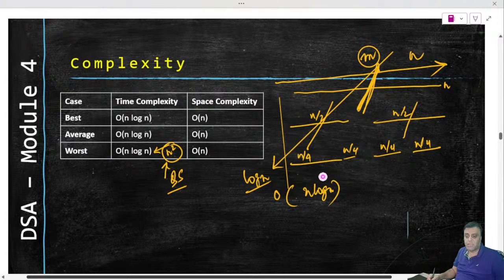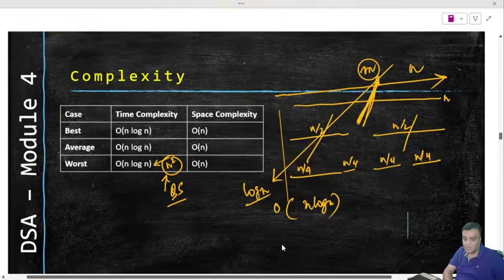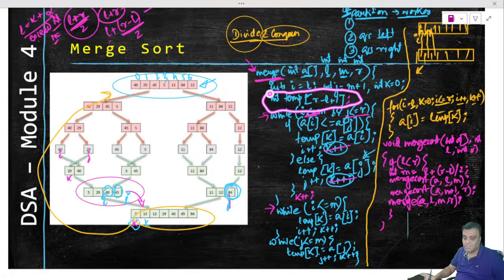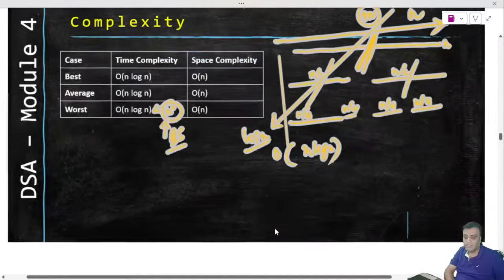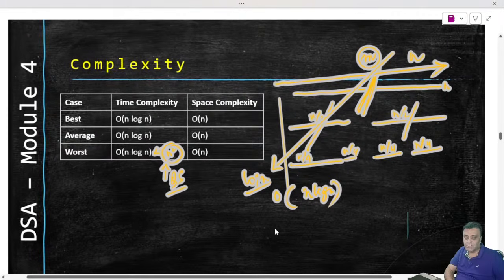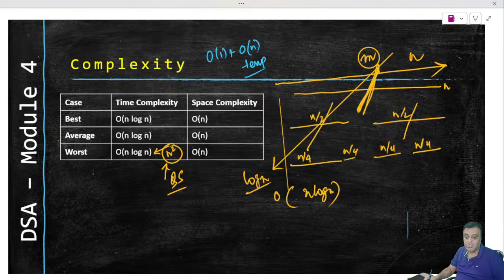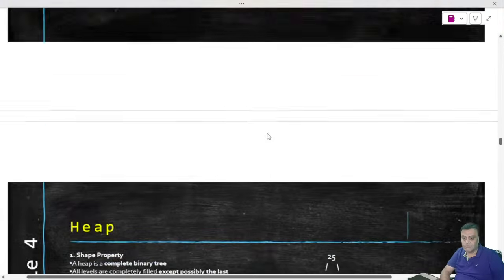From a space standpoint, remember you are taking a new array. And this new array depends on n, doesn't it? So I told you if it depends on n, that is where you have to be careful. Because it depends on n, that is the extra space you are taking. You might be taking order of 1 for your own work, but at the end you are also taking an order of n because of that temp array, the new array. Therefore, these two put together will be order of n, and that will be your space complexity for merge sort. So that is merge sort for you.